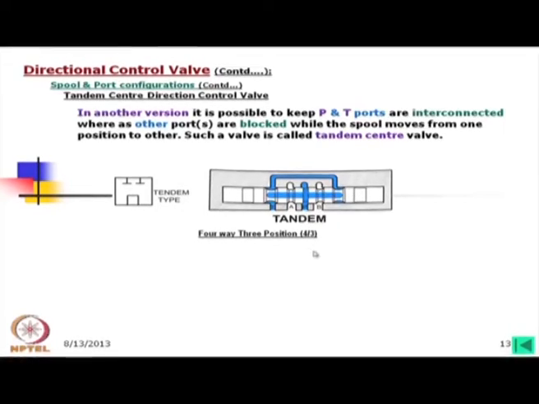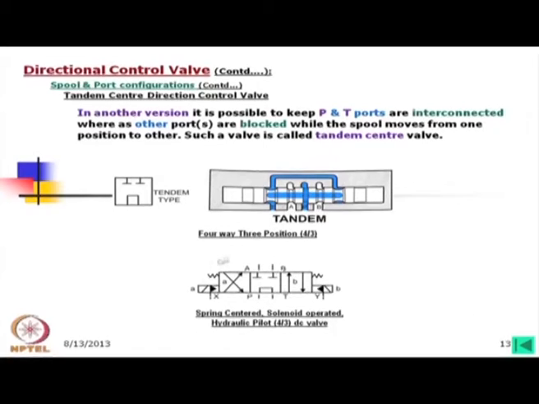This means that while this is in the neutral position, A and B ports are completely detached from the pressure side, whereas the oil through these holes can go to the inside of the spool and then again go out to the drain side. Okay. And symbolically it is presented by this. Here again I have presented the same valve with the solenoid drive, and it is spring centered.